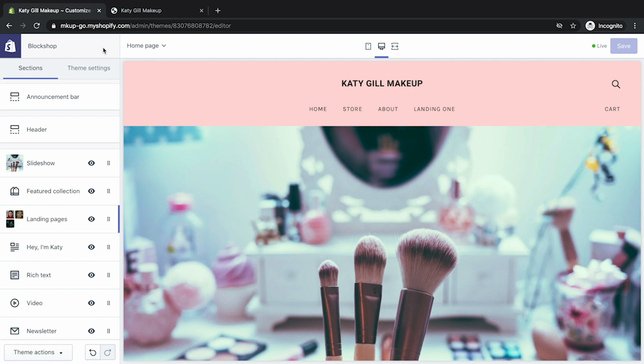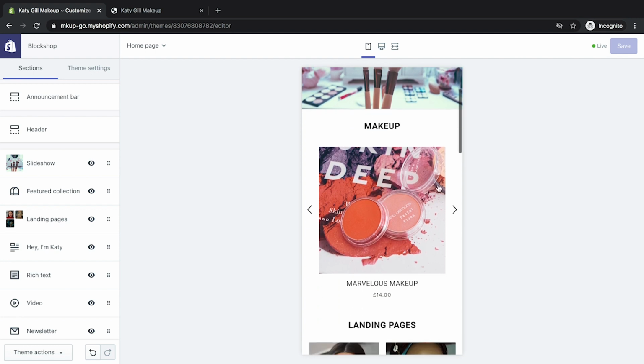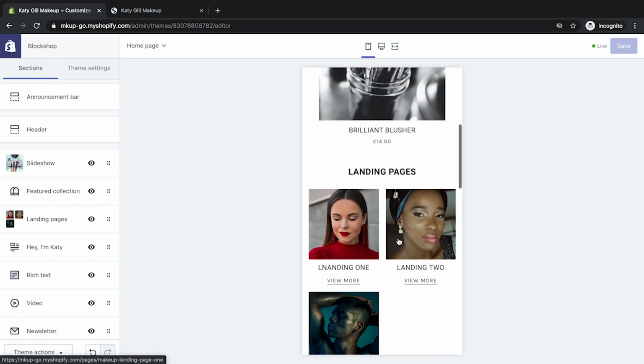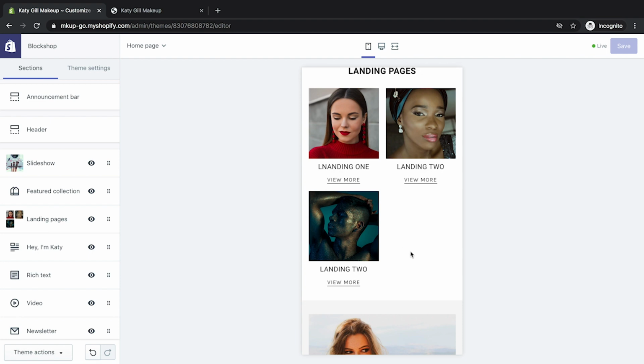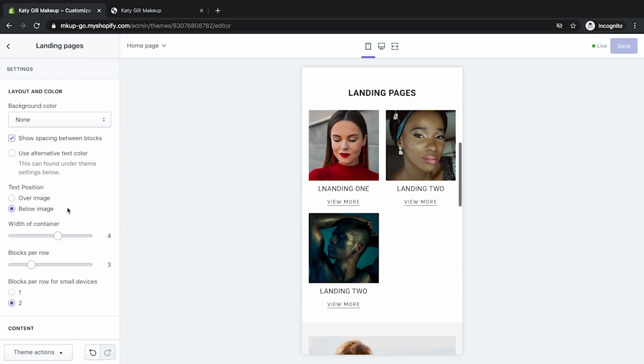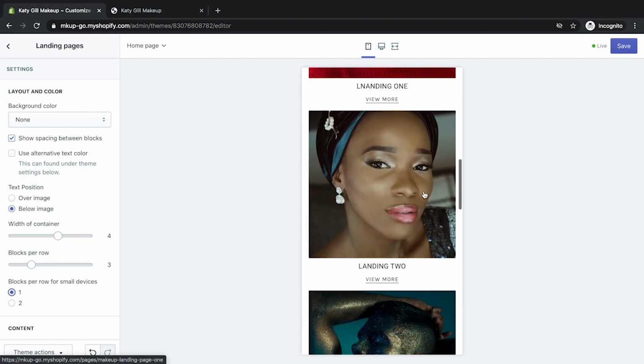Next thing we want to do is make sure this all looks good on mobile, because that's where most of your customers are going to come from and view this, especially if you're marketing on social media. You can do that by clicking here. And there you go. So that long slide up there becomes a slider. That's great. We've got landing pages here. Now these are quite key, so let's make these larger. So if you go over to landing pages, you can see it blocks on mobile. So if you go to 1, there you go. That makes them a lot bigger and more clickable.